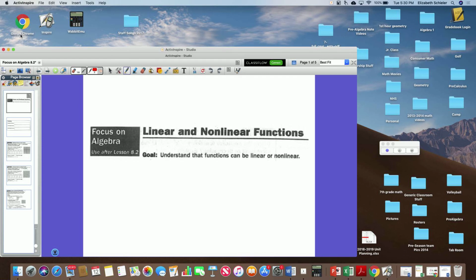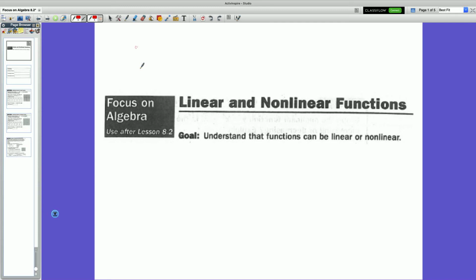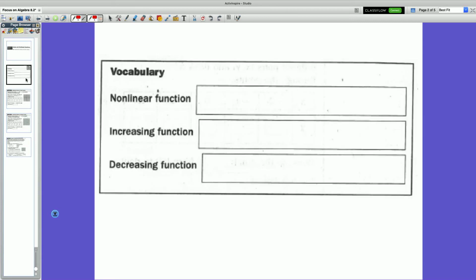At 8.2. So we're adding this little piece in after 8.2 because it goes with it. All right, so our goal today is to understand that functions can be linear, which is everything we've been looking at so far, or they can be nonlinear. So let's define what that is. A nonlinear function is a function